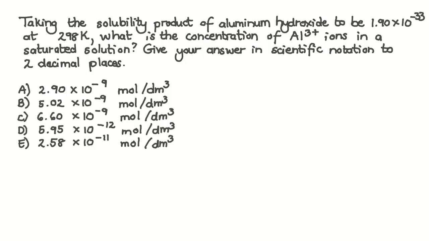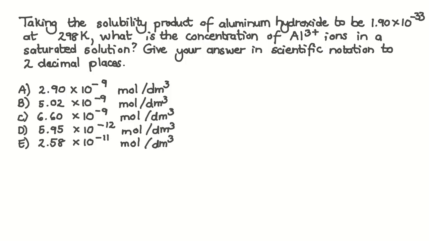Taking the solubility product of aluminum hydroxide to be 1.90 times 10 to the negative 33 at 298 Kelvin, what is the concentration of Al3+ ions in a saturated solution? Give your answer in scientific notation to 2 decimal places. And the answer options are